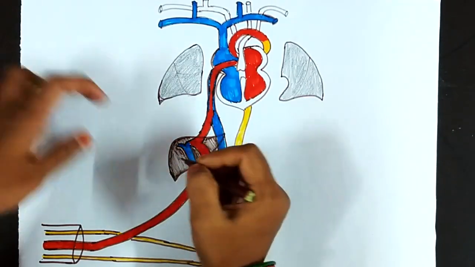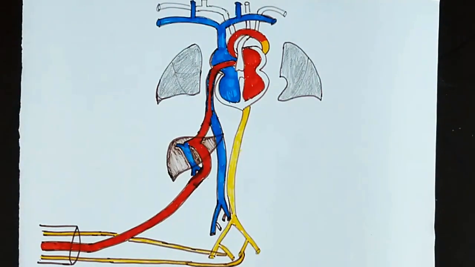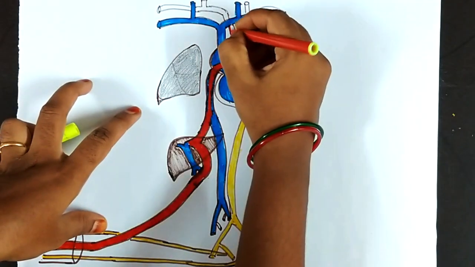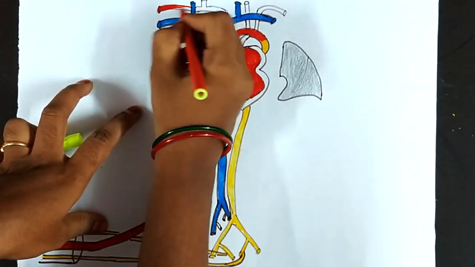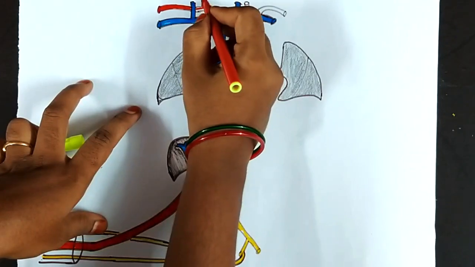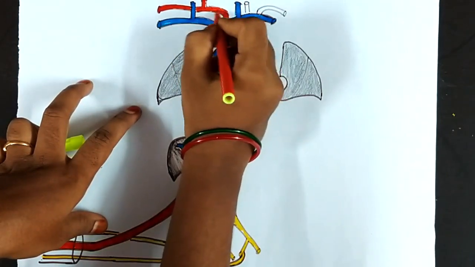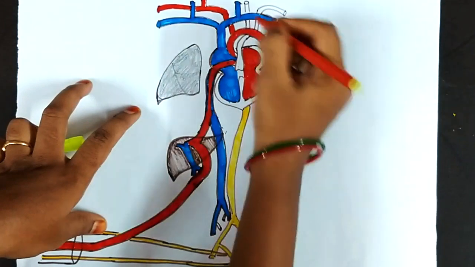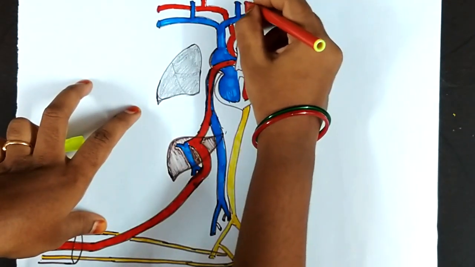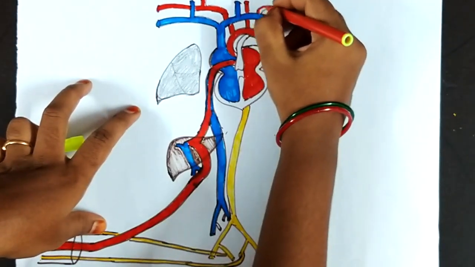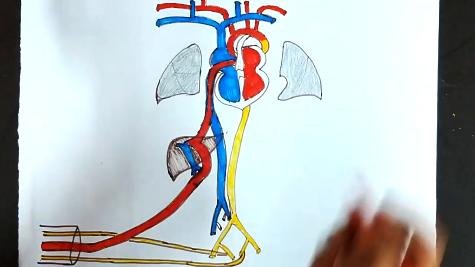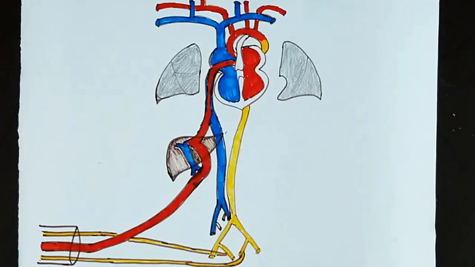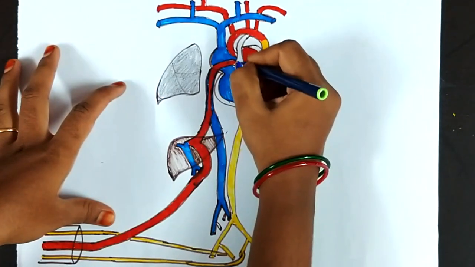Here the pulmonary trunk joins with the left end of the arch of aorta. It leaves its remnant as ligamentum arteriosum. Ductus arteriosus becomes ligamentum arteriosum. And then foramen ovale: usually there is a closure of foramen ovale, and immediately after birth, the lungs will work. Closure of foramen ovale we'll see, and there is a ligamentum venosum and ligamentum arteriosum.